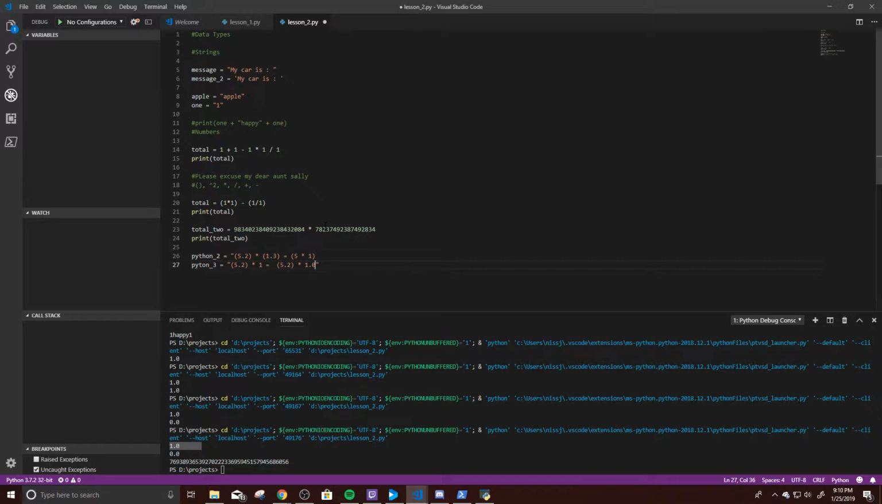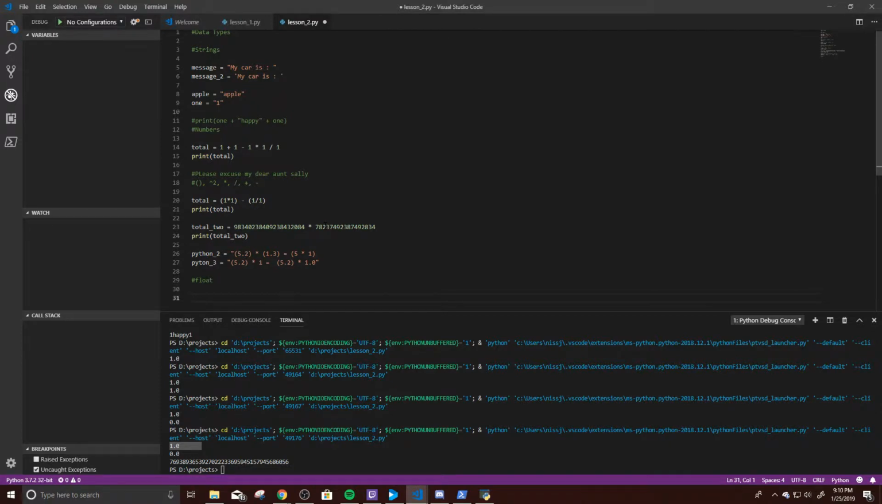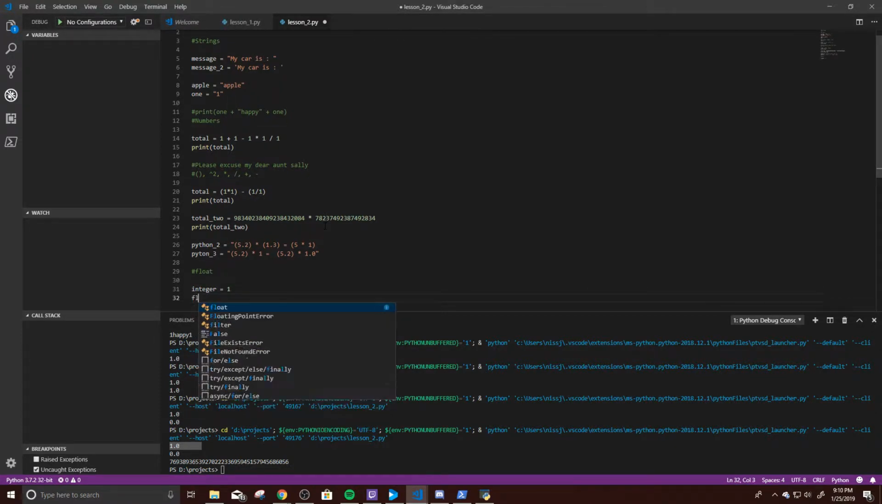So Python 3 converts your integers into floats. And speaking of floats, let's talk a little bit about a float. All a float is, is a decimal. So let's talk about an integer. An integer, this is an integer. A float